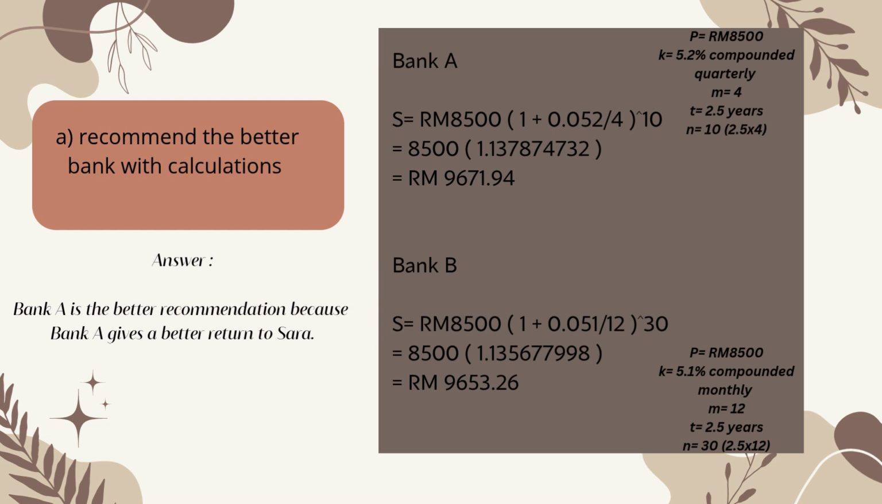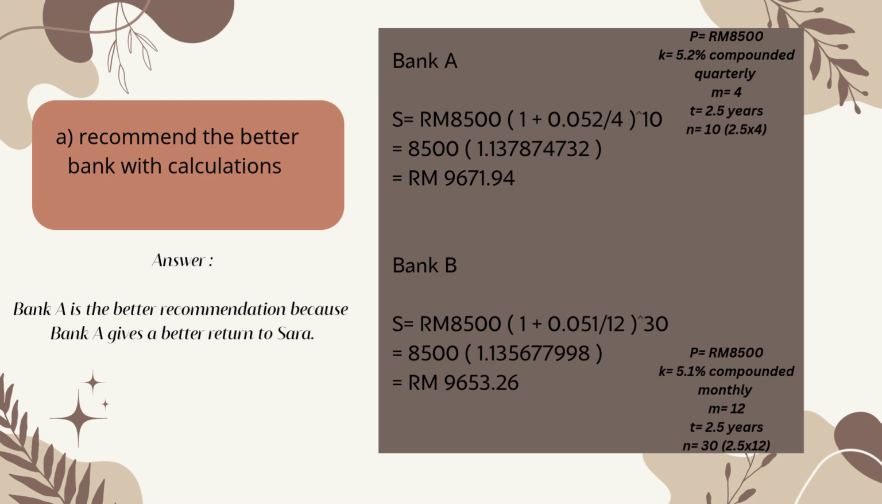For question 1, Sarah has 8,500 ringgit to invest for 2.5 years. Bank A gives 5.2% compounded quarterly and Bank B 5.1% compounded monthly. To solve question A, which is to recommend the better bank with calculation,